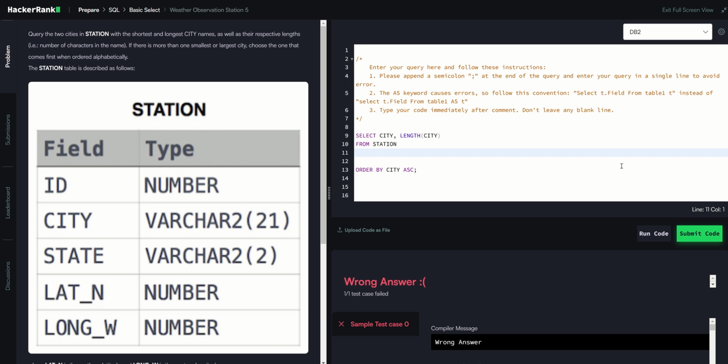Okay, so now we have two things to do here. One, we have to make sure it only returns the longest and shortest. And